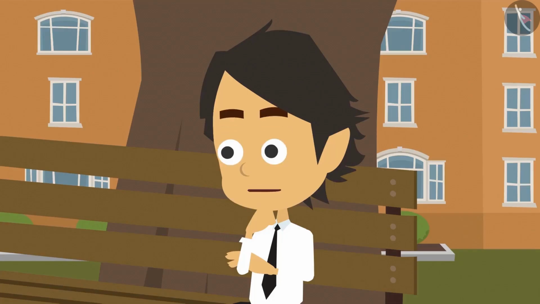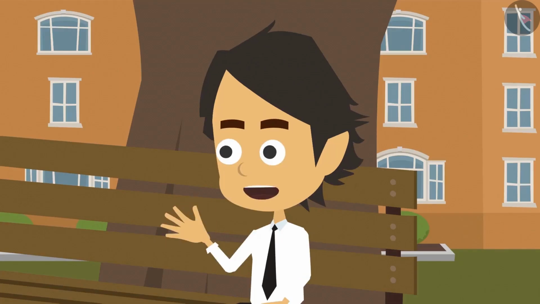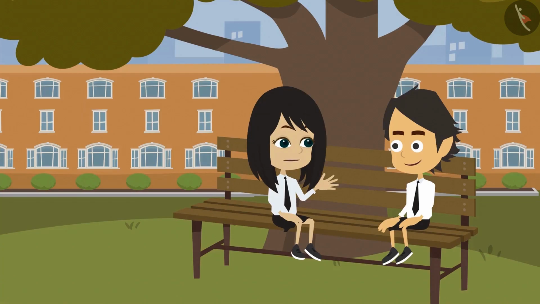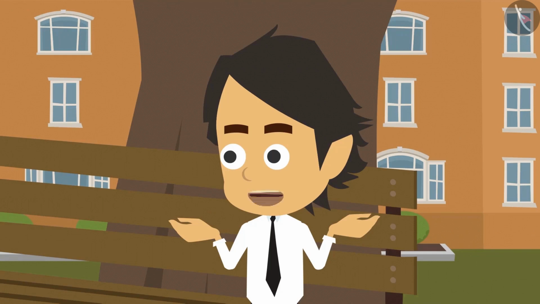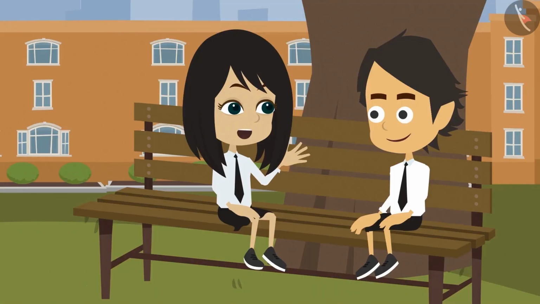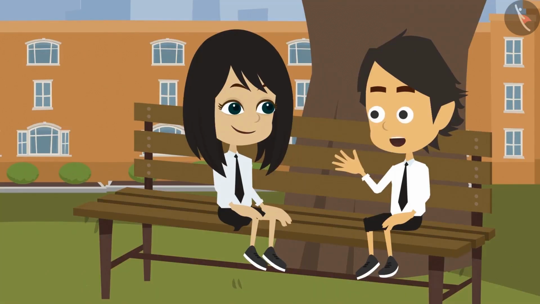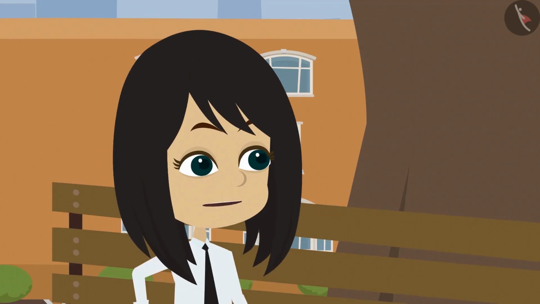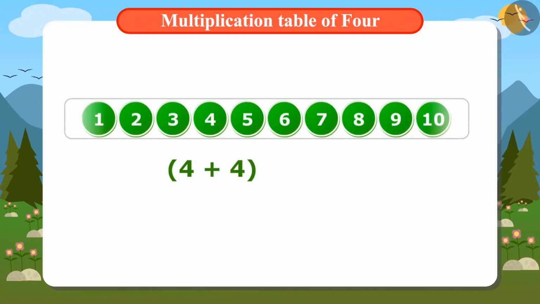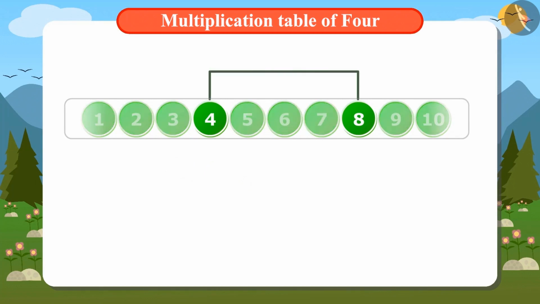Okay, you don't need any pen and paper if you remember the multiplication table. Yes, you don't need any pen and paper. What should we do now? We will write the multiplication table. But how do we write it? It is very easy. Keep adding 4 again and again, or keep leaving 4 numbers and count them.